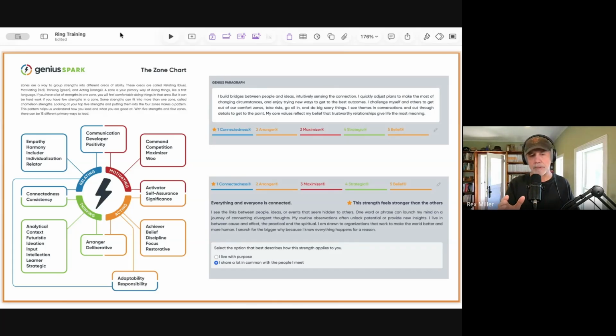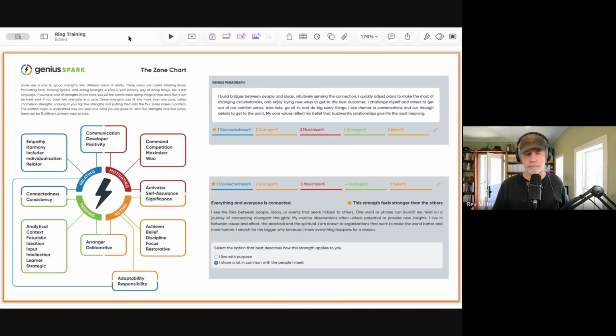Positivity, Gallup classifies it as a relating strength, being that upbeat friend. But Core Clarity puts it in the motivating zone because what activates it is to recognize people or to see potential and then bring it out by celebrating or having that can-do attitude. So they put it in the motivating zone. I'm going to pause there. I think this may have been the first time I've ever gone through in detail these chameleon strengths, and just want to get some reaction or questions.